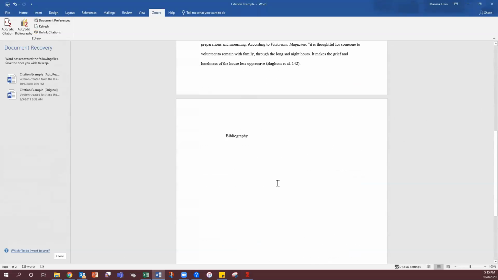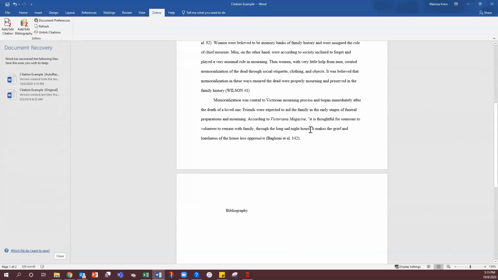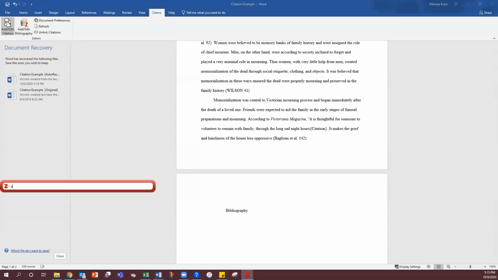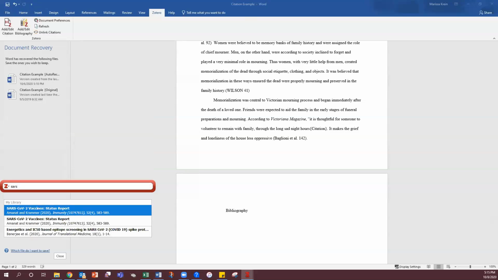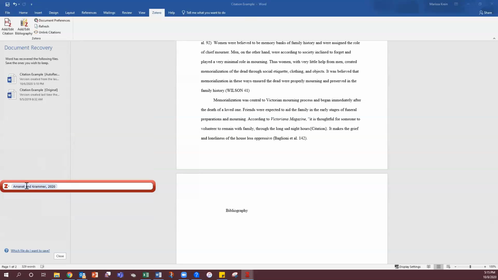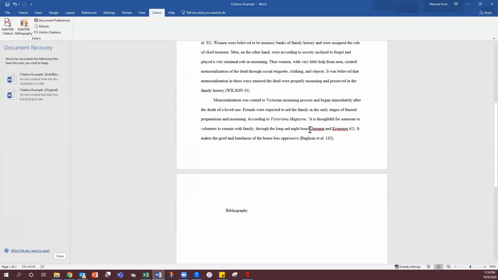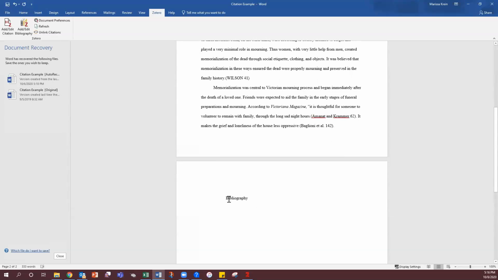Say I just want to simply insert a citation. So all I do is go right here, and I go Add or Edit a citation. I type in the title of the article I want, put in the page, and click Enter, and it inserted that citation for me. So it's that easy. So I have all these citations right here,